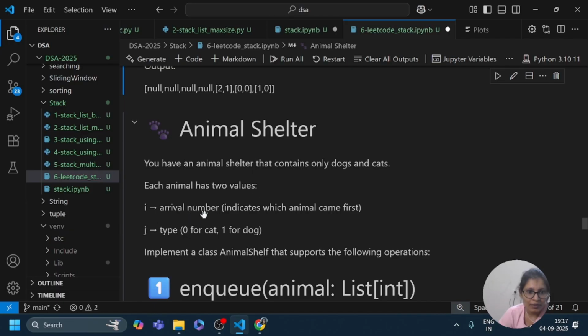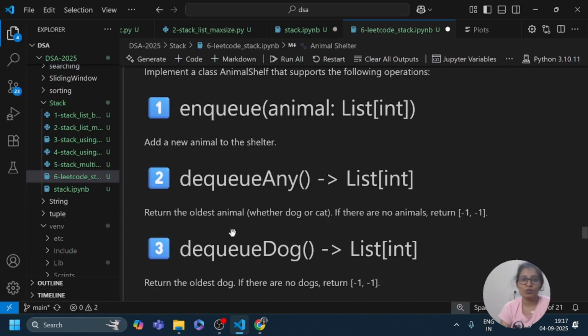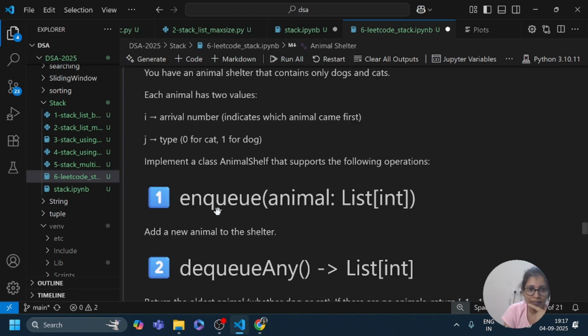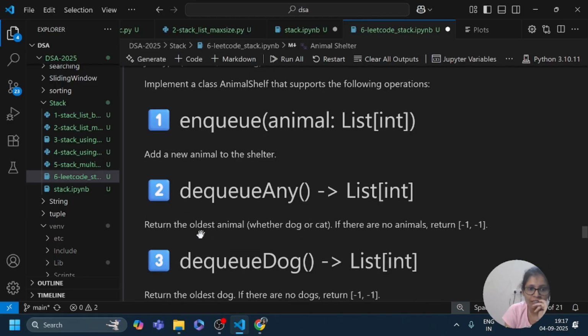One is the arrival number i, which indicates which animal came first, and j means type, 0 for cat and 1 for dog. So I am going to perform enqueue, which adds a new animal to the shelter, and dequeue, which returns the oldest animal, whether it is a dog or a cat.